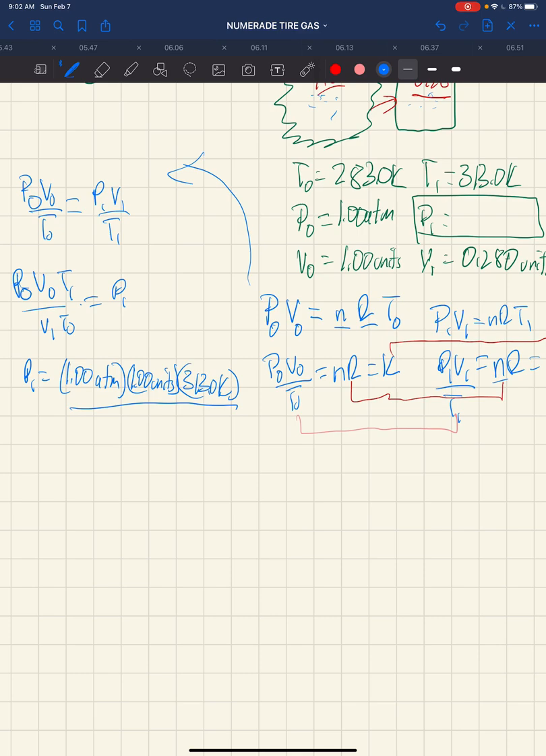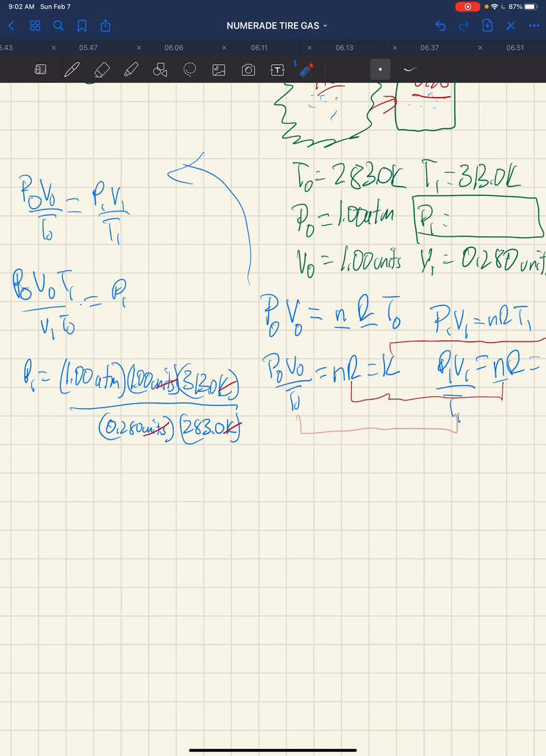Our volume afterward we know is 0.28, so we have 0.280 units. And our initial temperature was 283.0 Kelvin. Doing some dimensional analysis here, we see the kelvins cancel, the units cancel, leaving us with atmospheres. But what I want to draw your attention to here is that this 1.00 units divided by 0.280 units,